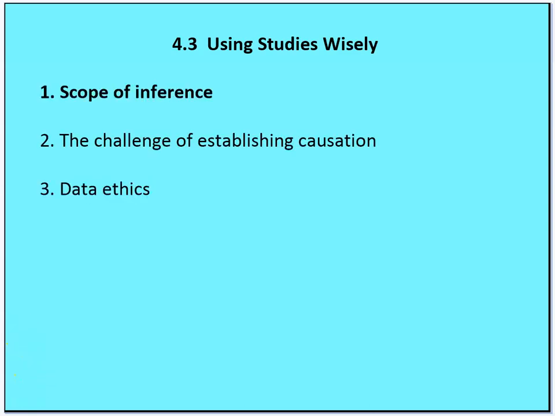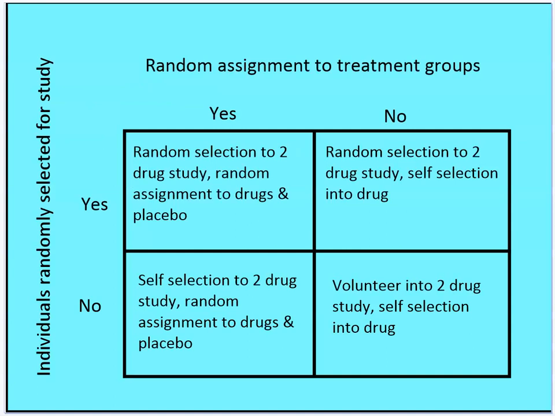All right, so we're going to talk about scope of inference. We're going to talk about the challenge of establishing causation. We're going to talk about data ethics, and then we have some bonus information at the end, and just two homework problems. All right, so we want to distinguish between, this table distinguishes between random selection for a study and